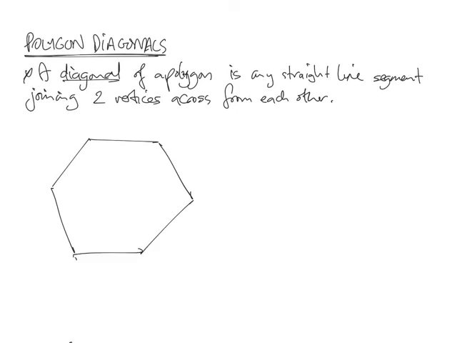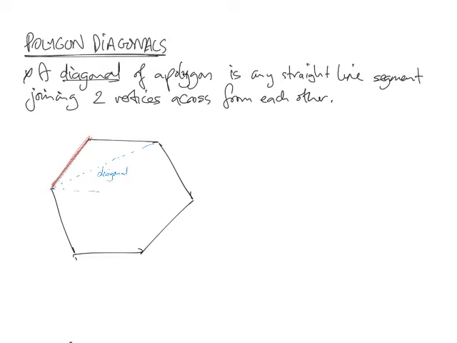Next concept we have to go over is the concept of polygon diagonals. A diagonal of a polygon is any straight line segment joining two vertices across from each other. This is not a diagonal, that is a side, because they're not across from each other, they're right next to each other. However, this going across to that one there is a diagonal, because they are across from each other,